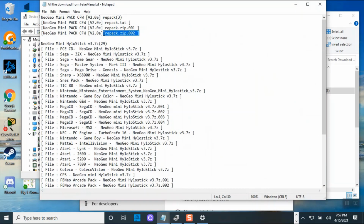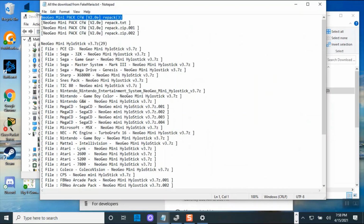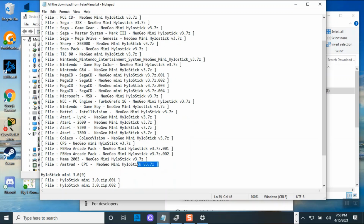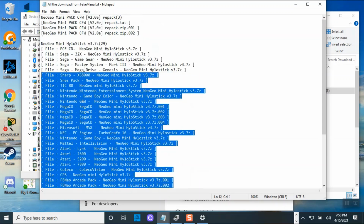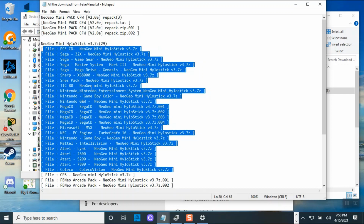So the first one will be your 3-file hack. What I would do is put all this in one Google Drive, so you don't have to go to Telegram. But if you want to get this right now, you could get it. It's already out. Those are all the links that you have to download one by one. So it supports